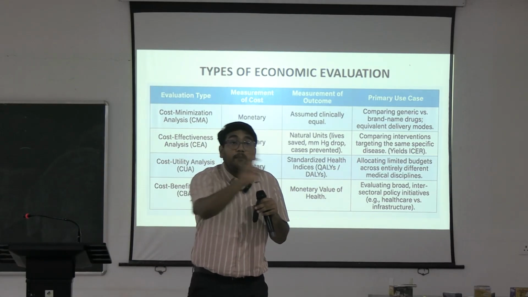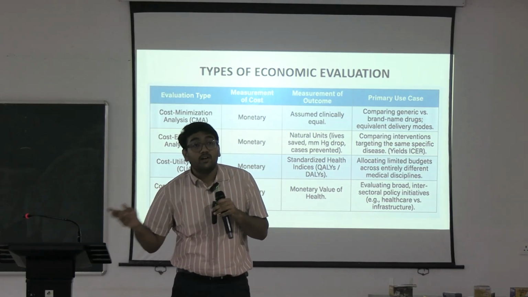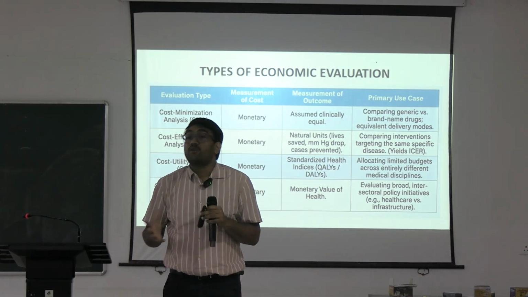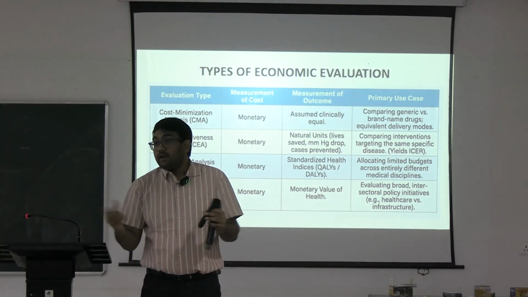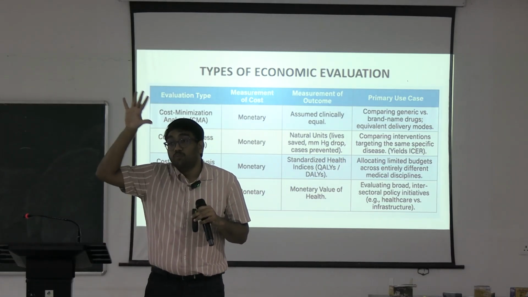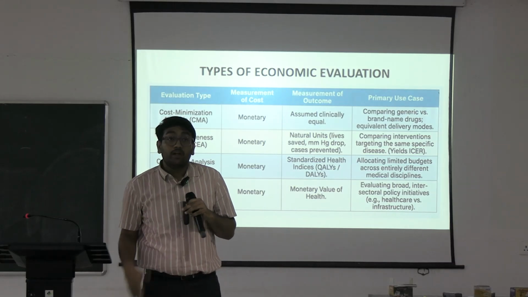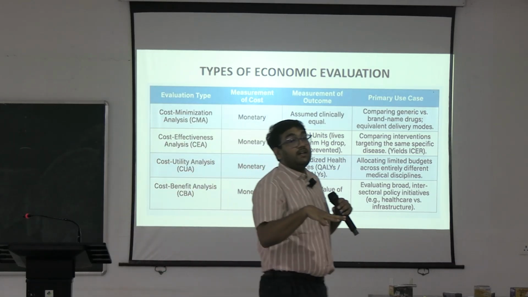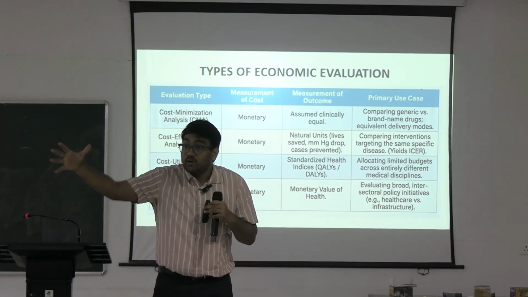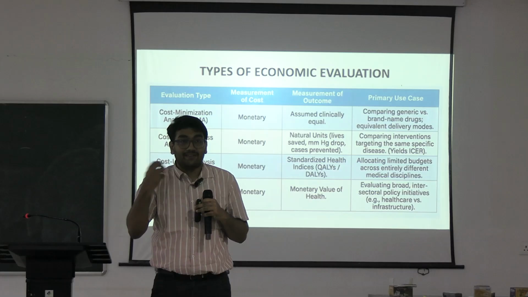So see, I can compare two different diseases and I can decide on which one to prioritize. I prioritize that which contributes greater DALYs, and I prioritize that intervention which reduces more DALYs per unit cost, isn't it? The opposite kind of indicator of DALY is QALY. While DALY looks at what is lost, QALY looks at what is gained. QALY looks at what is gained. And in the next slide